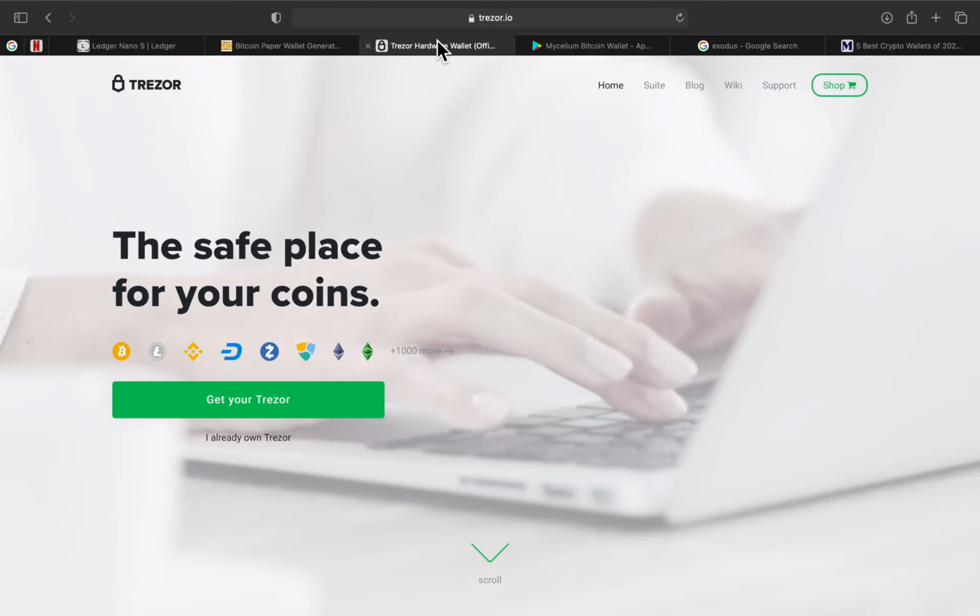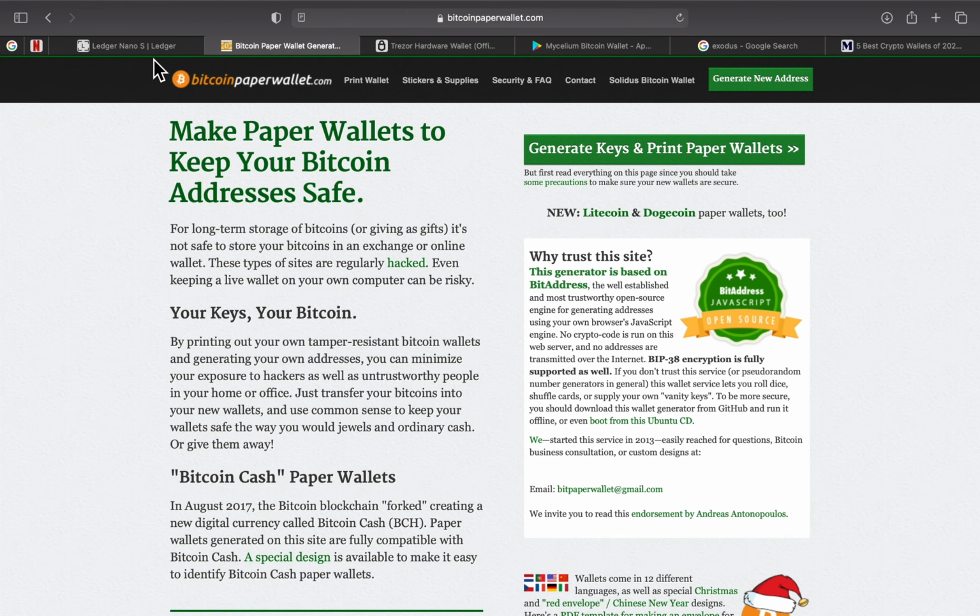Generally speaking, though, it really just comes down to whether you want a cold wallet, i.e. hardware or paper, or a hot wallet, so web wallets or mobile wallets. I think it really depends on what you prioritize. If you don't really care to spend a little bit of extra money to really keep your holdings safe,